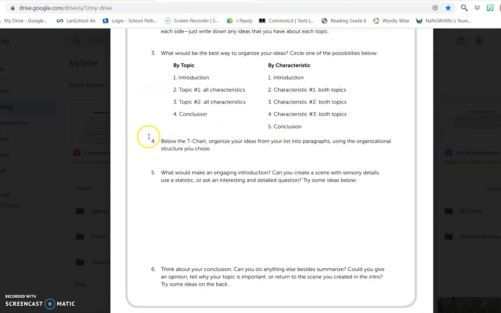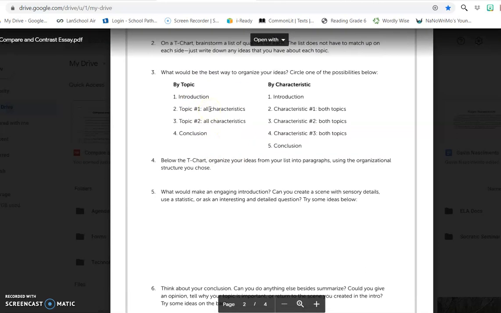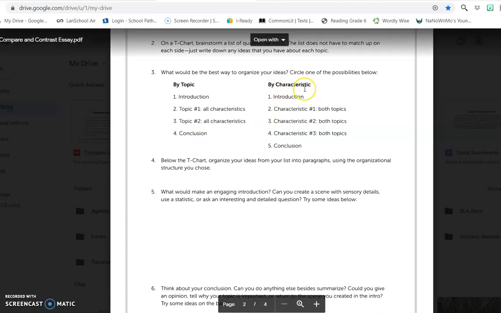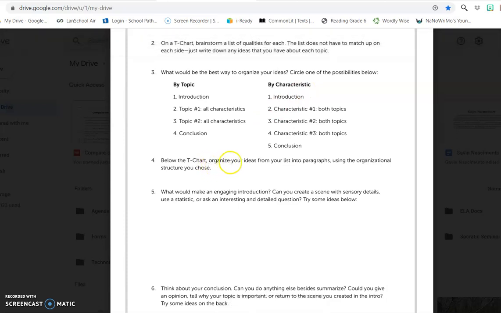So now it's asking you in step 4, below the T-chart, organize your ideas from your list into paragraphs using the organizational structure you chose. So it's just asking you here to create an outline. So if you're going to go by topic, what do you want your introduction to sound like? What first topic are you comparing, and how will you compare and contrast the characteristics there? What's the second topic, and how will you compare and contrast the characteristics there? And the conclusion. And then if you're going to compare and contrast by characteristic, below the T-chart, you're just organizing